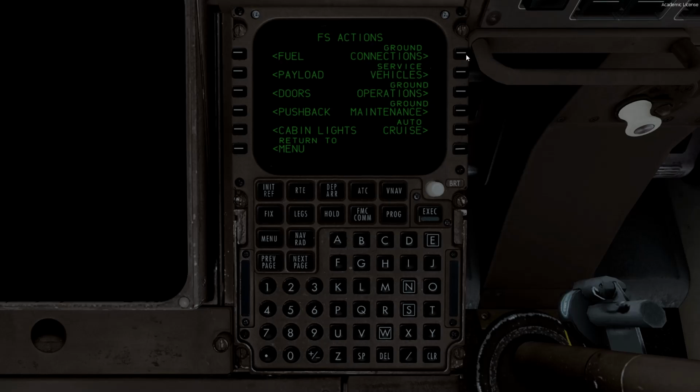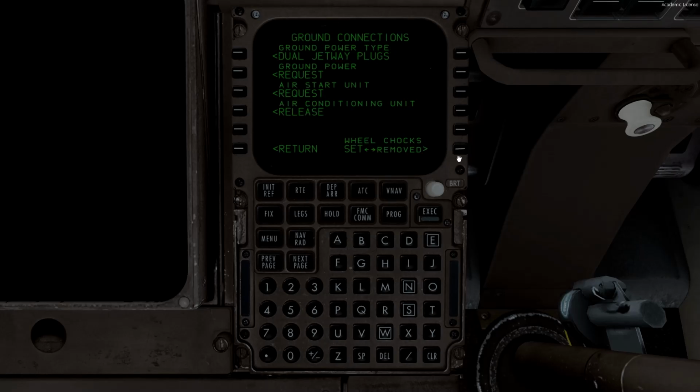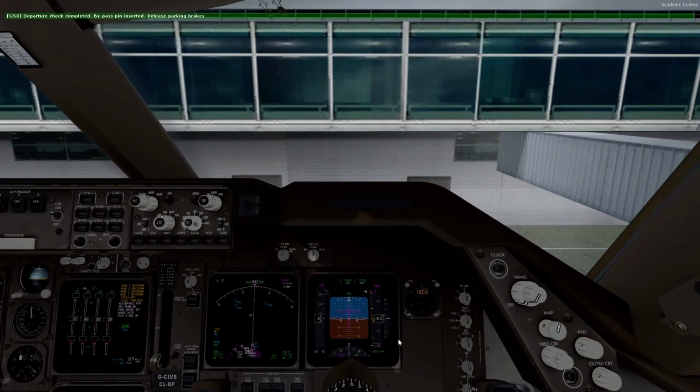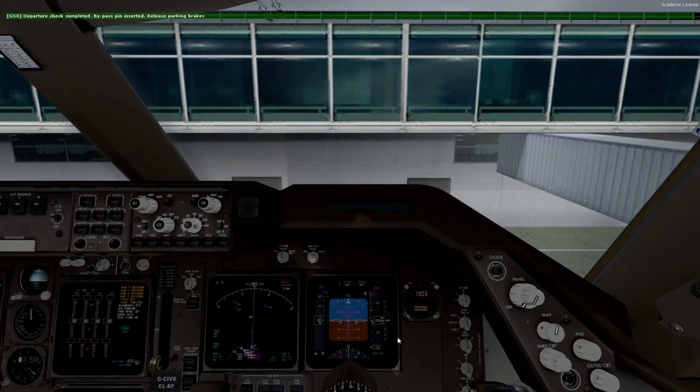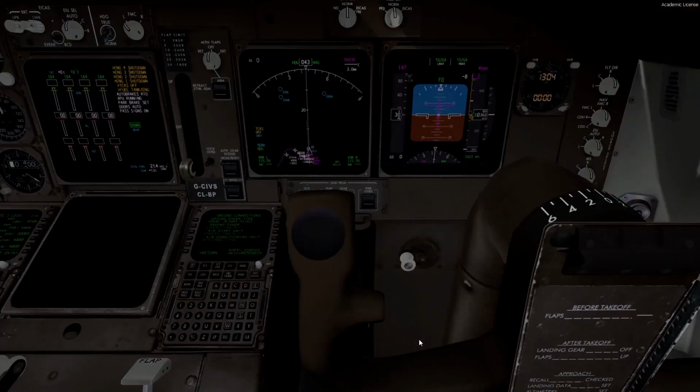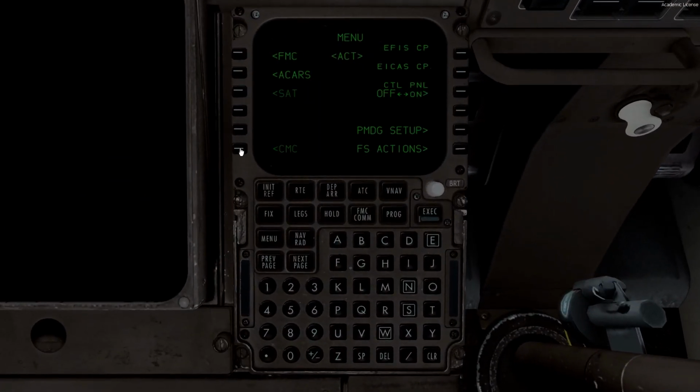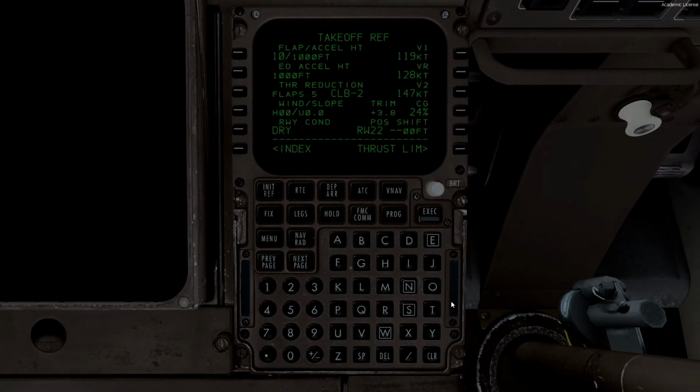to allow pushback to commence. So we remove them and we can start what is called the block time, which is basically the time from when we remove the chocks at the departure airport to when we reapply the chocks at the arrival airport. So we can start this block time here and go back to the FMC and